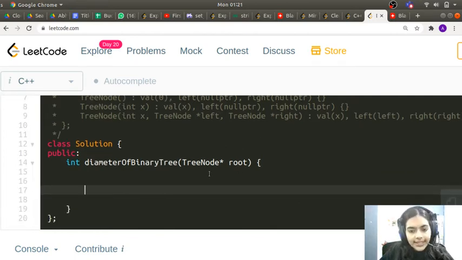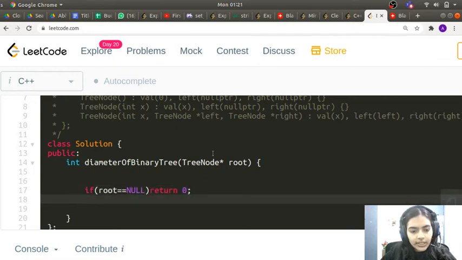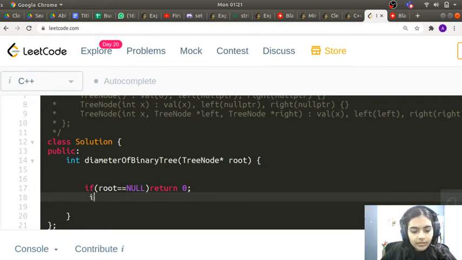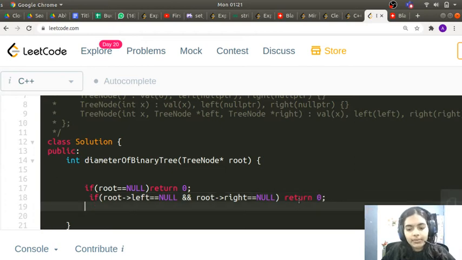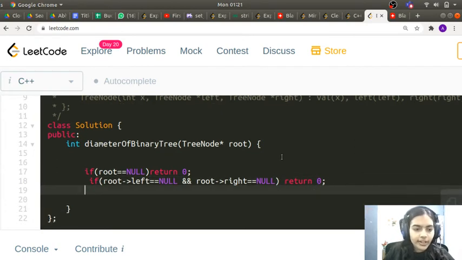So it's simple. So first case, what we have to do is, if root is null, then in that case we will just return 0 because there'll be no connections possible. Okay, if root's left child and root's right child are also null, that means in that case also no connections will be possible, right? So if root dot left is equal to null and root dot right is also equal to null, then in that case also we can return 0 because no connections will be possible. It will be a single element. For connection you need at least 2 elements.